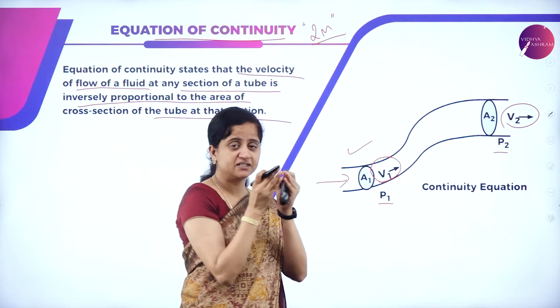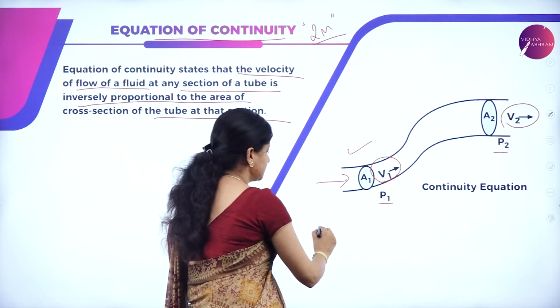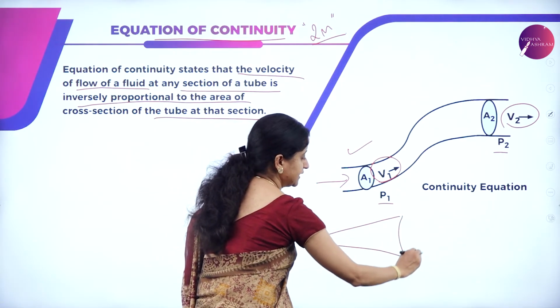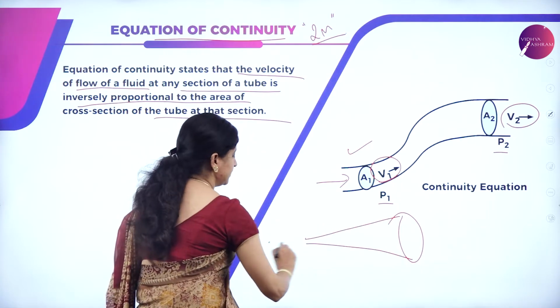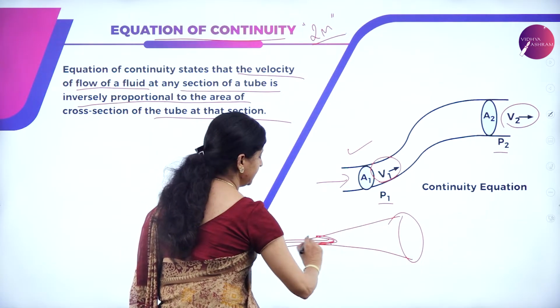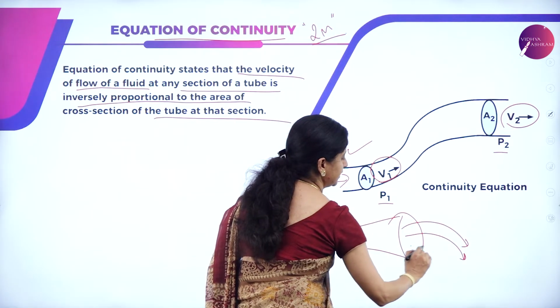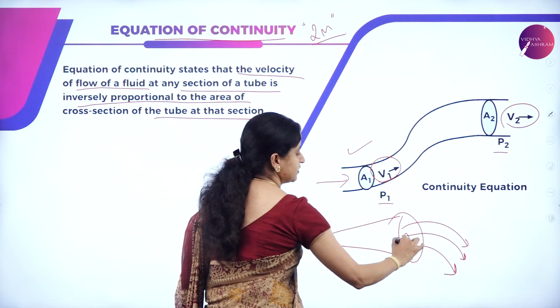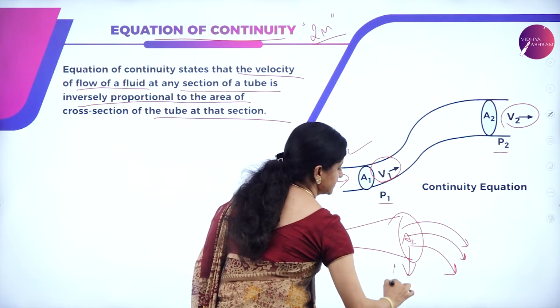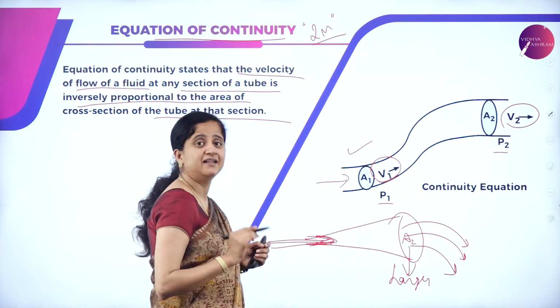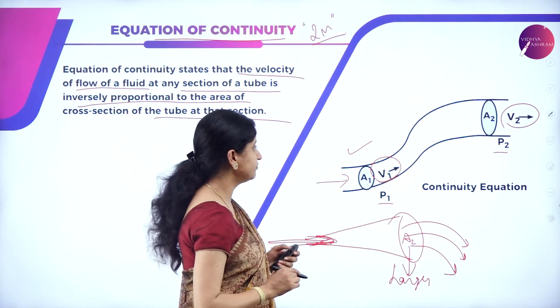So whenever we consider a tube or a pipe with a smaller cross-sectional area and a larger cross-sectional area at the exit point, we can observe this. While entering, the liquid will forcefully enter, and it will move slowly outside while coming out, because the area of cross-section here will be larger. Since the area of cross-section is larger, the velocity will be less according to the equation of continuity.